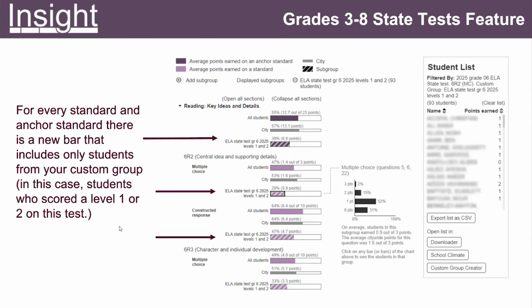I know some people mentioned, can I share a group with my coworker? Maybe the teachers in the same grade. Right now we cannot allow that due to confidentiality. I think there's a legal concern. You could see students' IDs and all those demographic information, which is PII, personally identifiable information. Due to those confidentiality concerns, right now if you create a custom group, it stays with you.